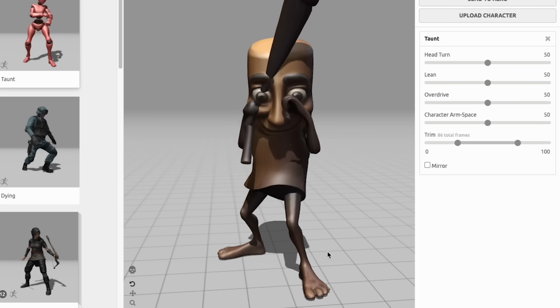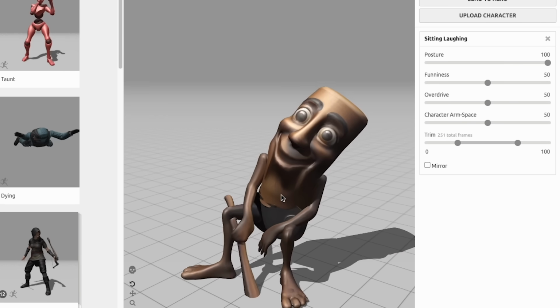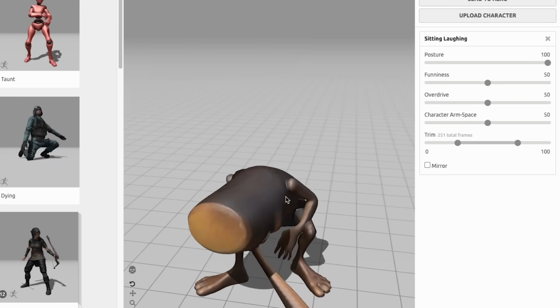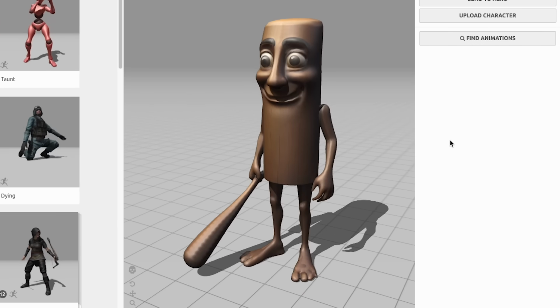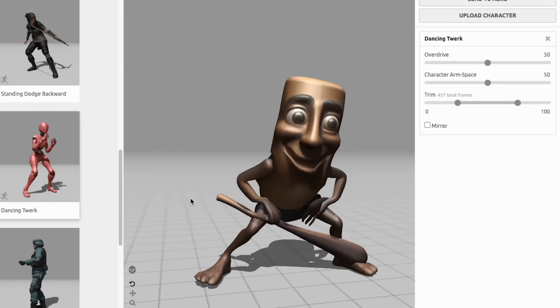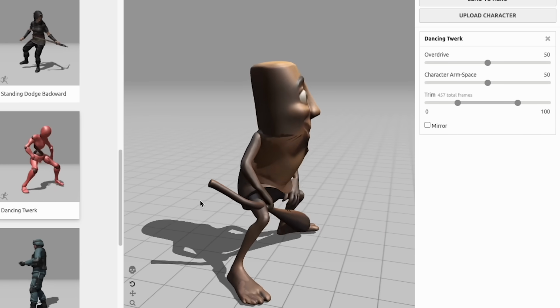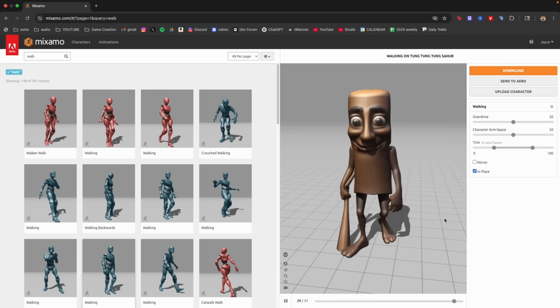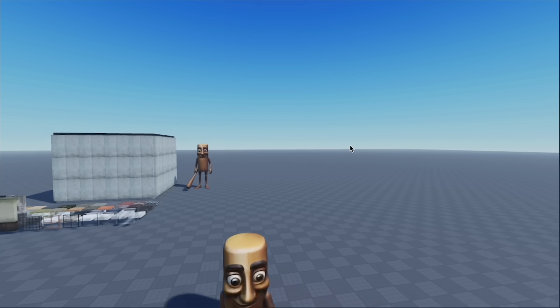Yo, put him up, come on. Yeah, let's go. Wow. Do not do drugs, kids. Tung Tung's off crack. Imagine he's just chasing you and then he pulls out this move. Hey, throw it back, hey. But eventually I found a walking animation, and whenever I tried to import it into Roblox,